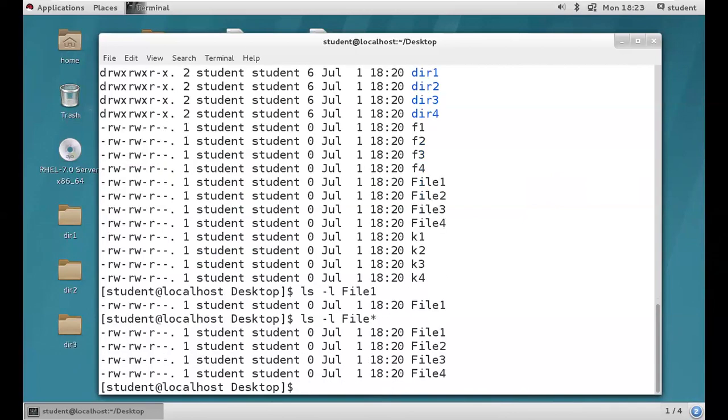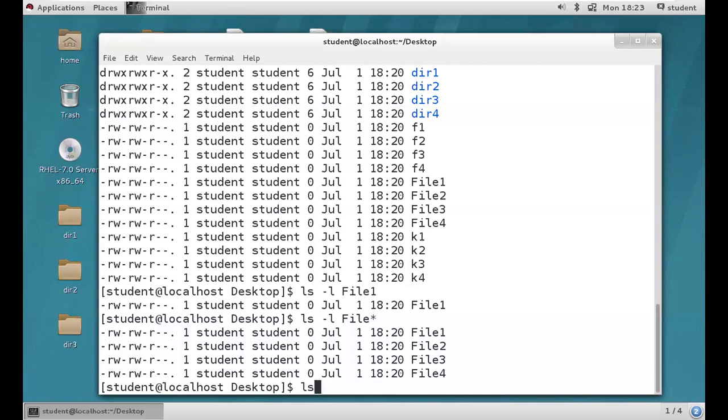Okay. So file1, file2, file3, file4, like this we are going to get. Star means it will consider everything. We have numerical values 1, 2, 3, 4. It is going to consider them, and it will print file1, file2, file3, file4, like that. So I hope you got it, guys.